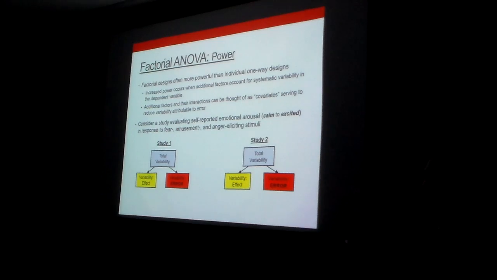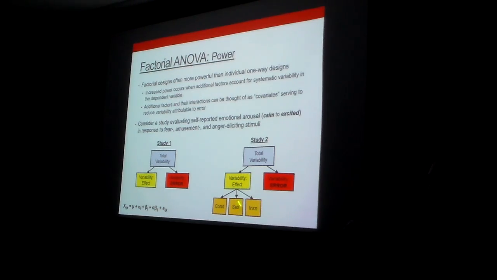I'm looking at differences in level of arousal across fear, amusement, and anger eliciting films. But I think I might have gender differences in terms of how people are responding to these film stimuli, right? So I'm going to model in gender. I'm going to include gender as a factor in this model. Well, now my variability due to my effect is not just based on my film condition, it's also crossed with whether I'm working with men or women, and then the interaction of condition and gender, right? And so all the variability that was accounted for by gender and the interaction, Evelina,